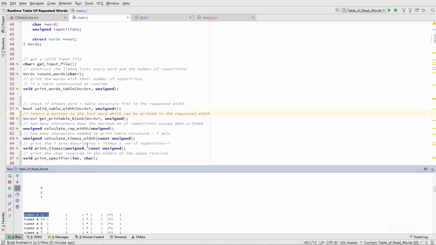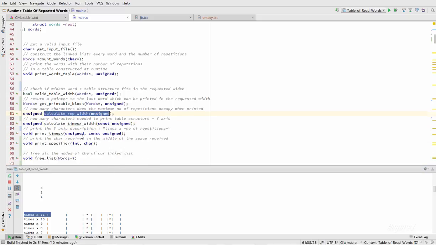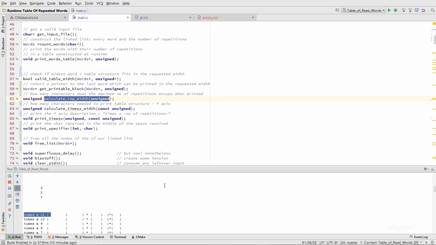We're also gonna need a bigger function to calculate the entire width occupied by this title. They are separated because this will be used separately on a few occasions. Then we're gonna need a function which will print this title, this description, so which will print times x the number of repetitions,